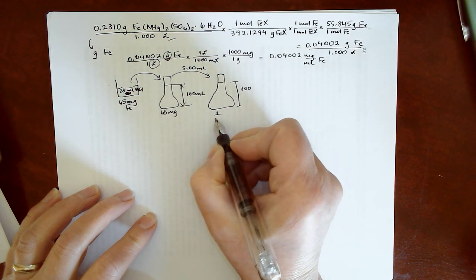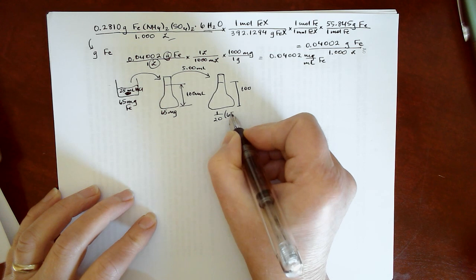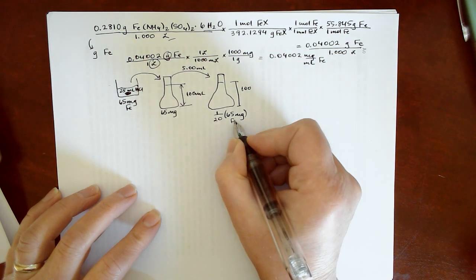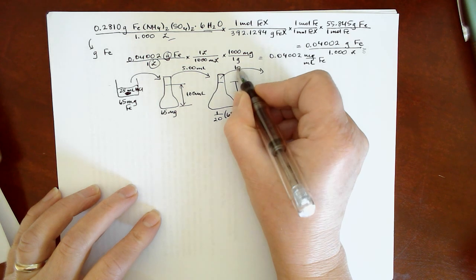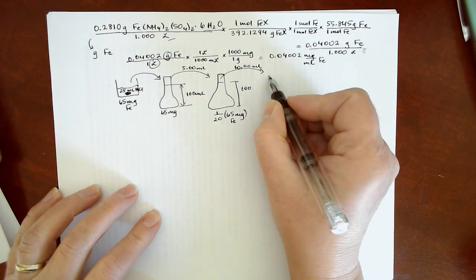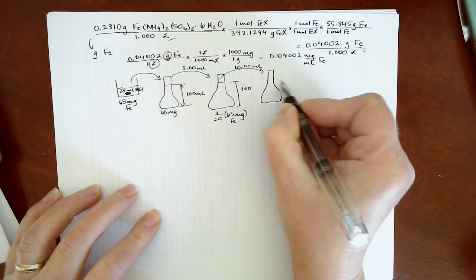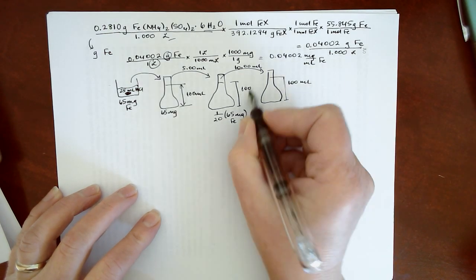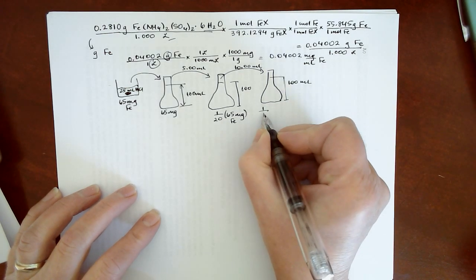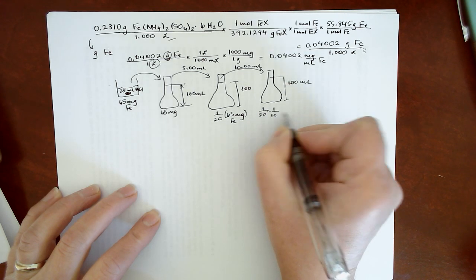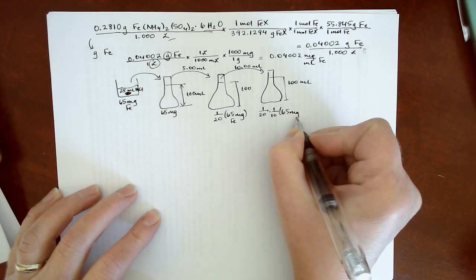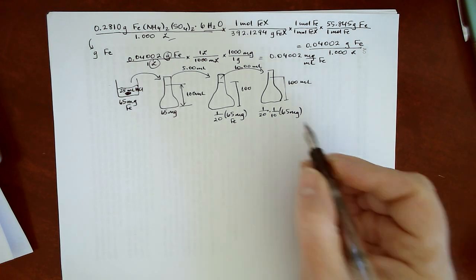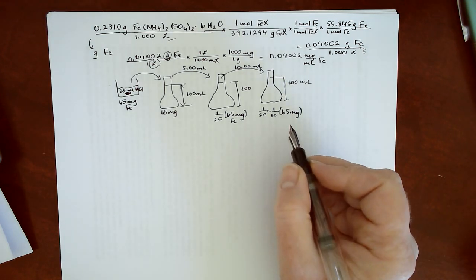So now we have 1/20th of 65 milligrams in here of iron, and then we took 10 milliliters of that sample and dissolved it up to 100 milliliters again, and so now we have 1/20th times 1/10 of 65 milligrams in here, and that should be what our expected number of grams is,